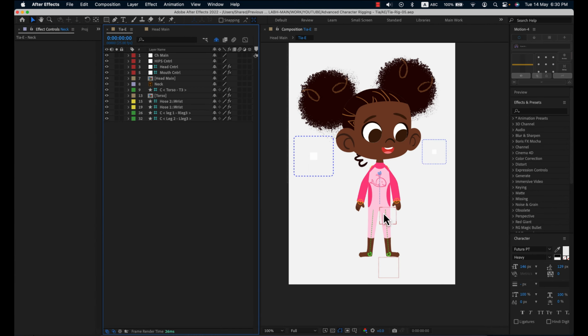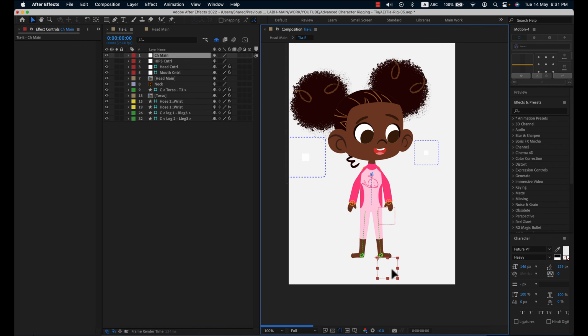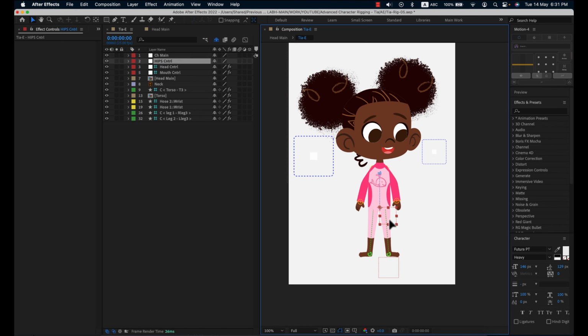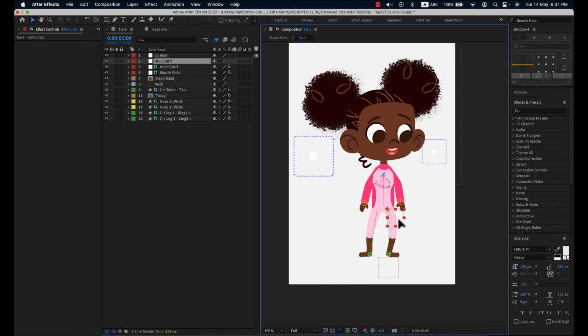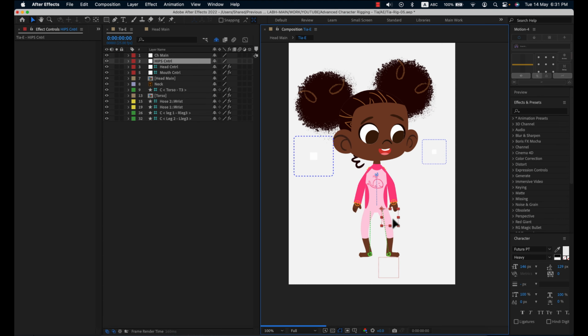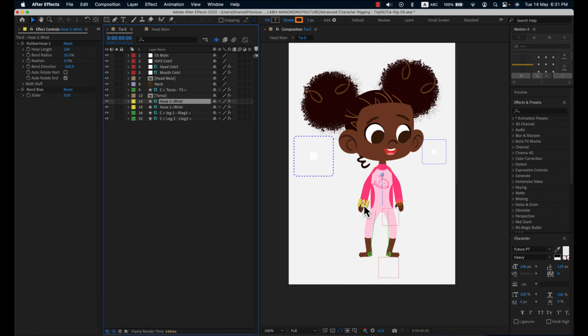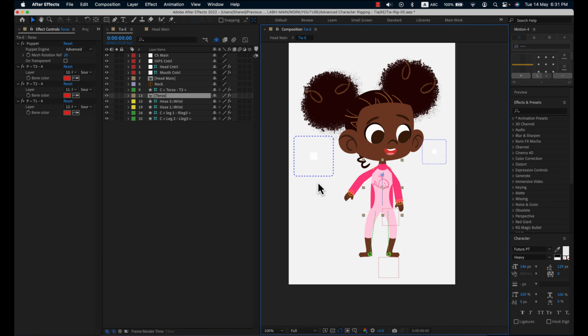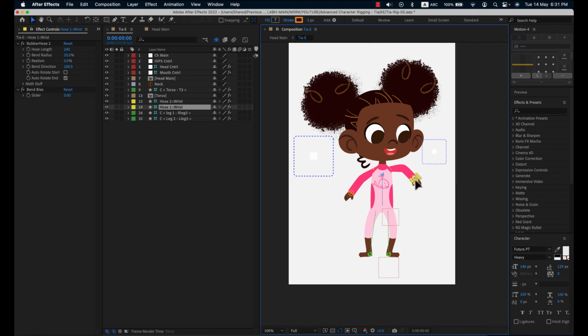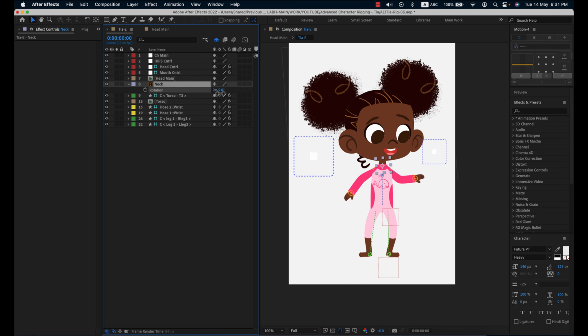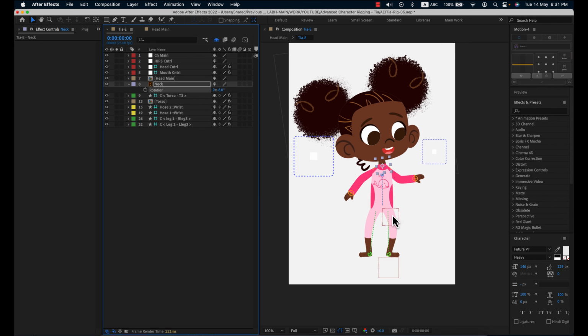And there you go, we have a fully functioning rig, a simple but very effective rig with all the controllers that you might need for After Effects character animation. We have the main control for the entire body, then we have the hips where we can just manipulate the upper body here and give the character different poses. Also we have controllers for the hands, so both the wrists and their bends can be easily adjusted by just going to the effects panel here and changing the bend direction. Then we have the neck for additional rotation if you want,